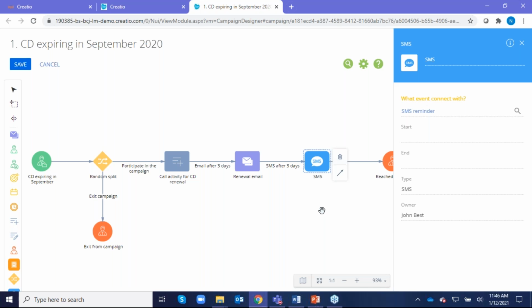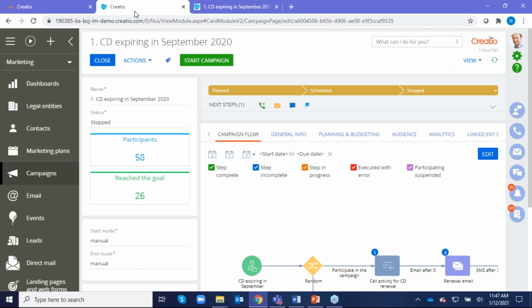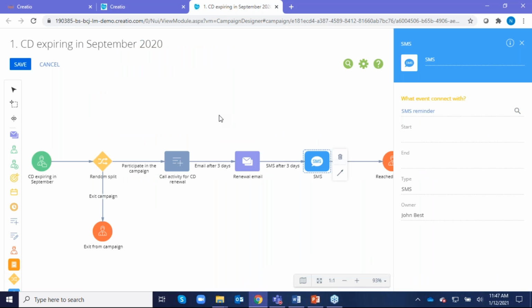Now, this is enabling us to randomize A/B testing, right? This is a great way to use marketing campaigns to do A/B testing in multiple ways. If you recall, from a Creatio perspective, there is an A/B testing email that is allowed. But what we are doing right now is A/B testing from a marketing campaign side, right?